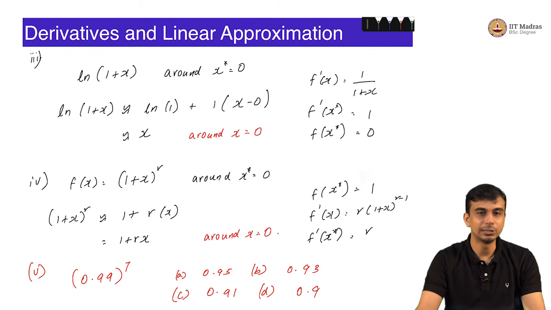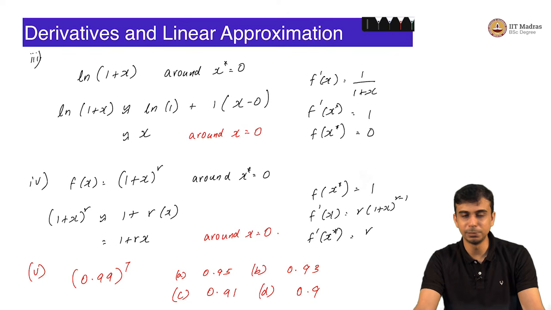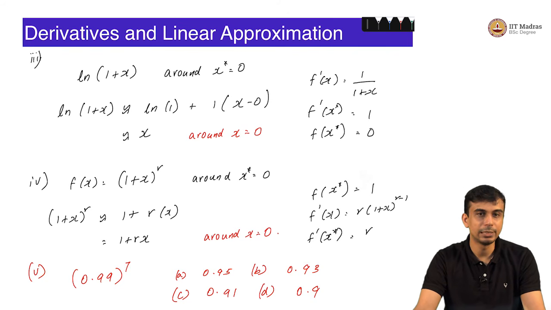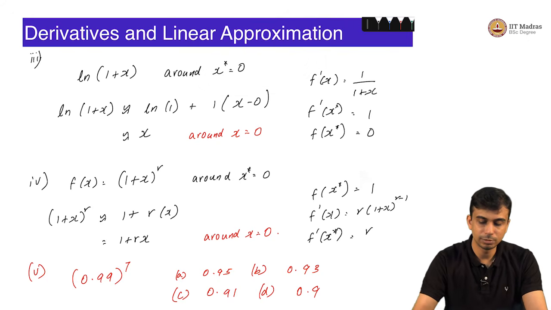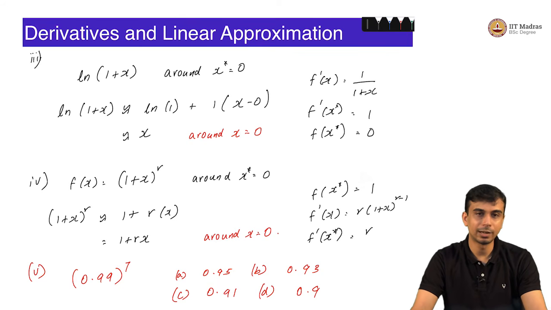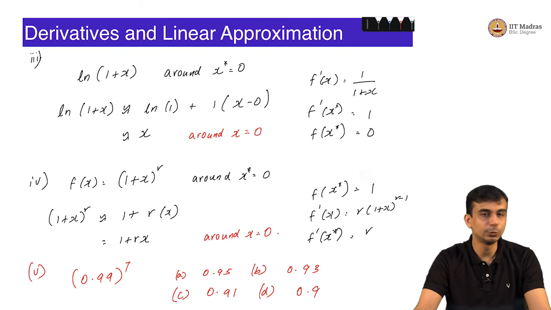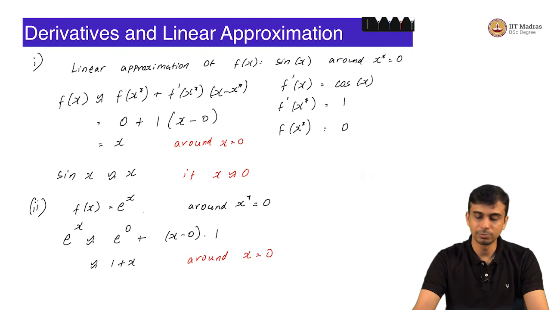Linear approximation essentially makes this a more formal way. What approximation are you making by approximating compound interest by simple interest? What you are doing is essentially linear approximation, and this is a valid approximation as long as the rate of interest is small enough. That is, in this case, minus 1% is a small enough rate that you can do this in a valid way. And later we will see that this is not always valid, and in fact for large enough rates, let us say instead of 1% loss we had like 10% loss, this would no longer be true